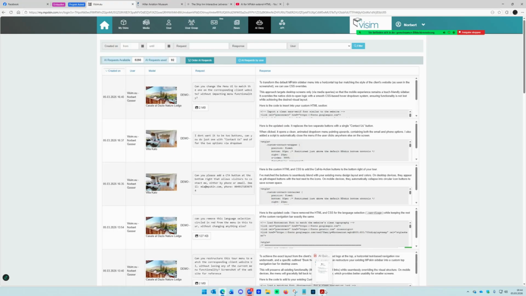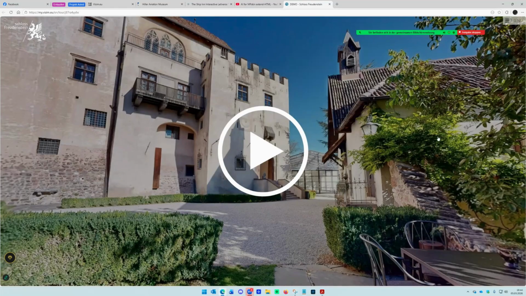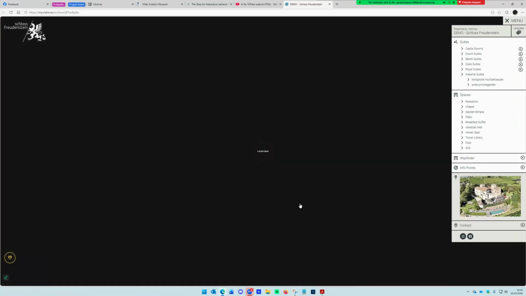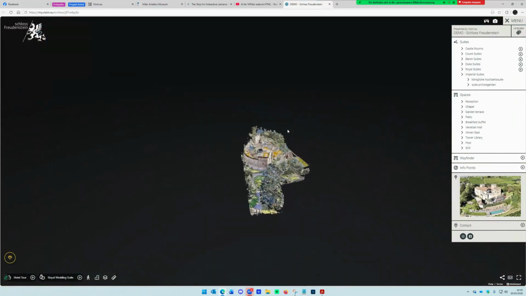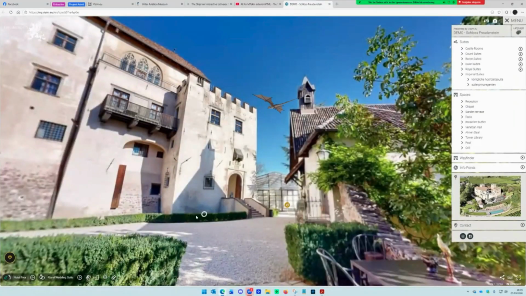Now, I would like to show you a few more examples of really cool stuff. We've seen some basic things. We've seen the CTA button. We've seen some menu UI changes. Now we'll go and have some really cool additional features. So I'm going to show you this example of a tour where I've actually added a whole different feature. This is a tour of Freudenstein Castle, which is a castle here in our region. For those of you that are football fans, soccer fans, this is where I believe Manuel Neuer had his wedding